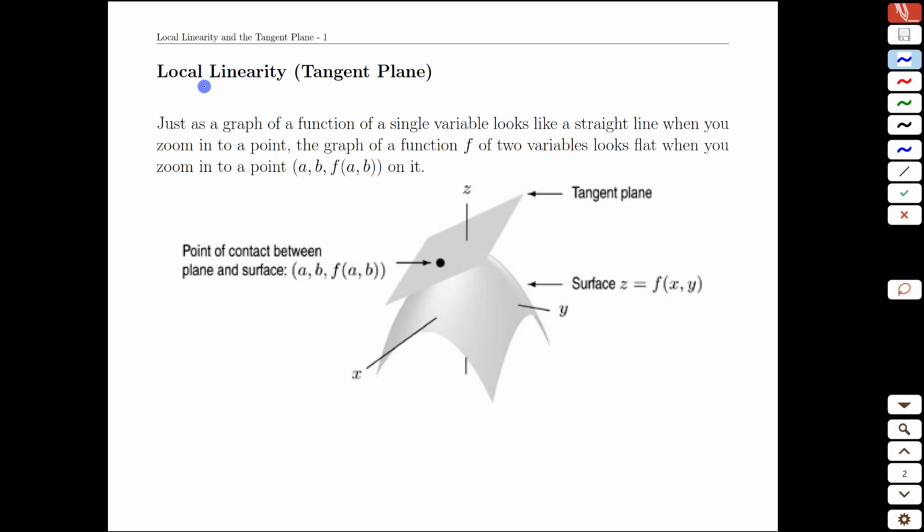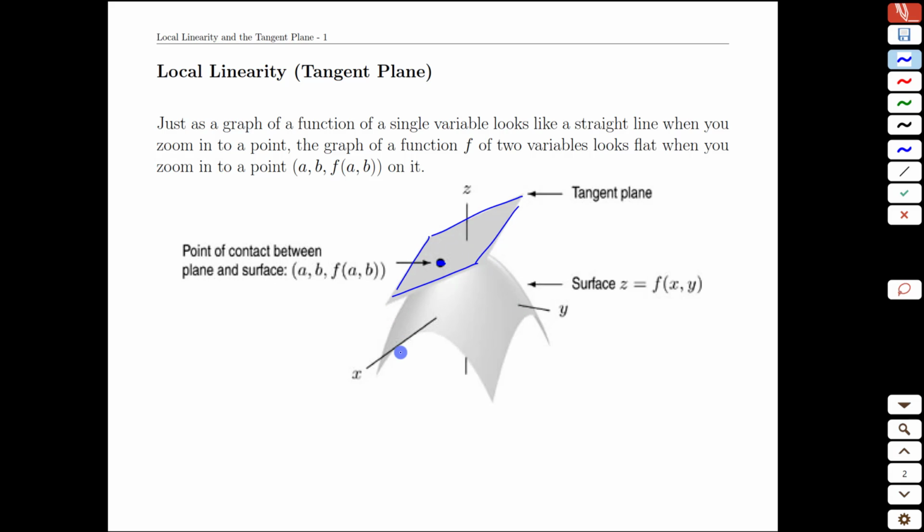In this video, we're going to introduce the idea of local linearity for surfaces or functions of two variables. If we have a surface, what we can imagine is picking a point on the surface, and if we know some properties about the surface, in particular information about its slopes, we should be able to build a plane that is tangent to that surface, that just touches at that one point and shares the same slope information as the